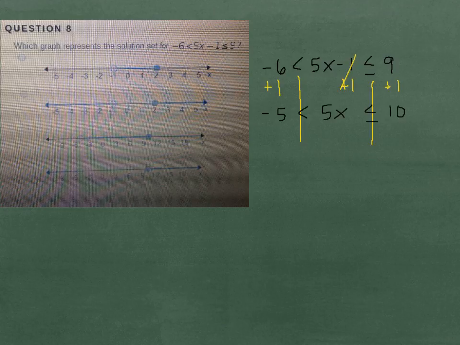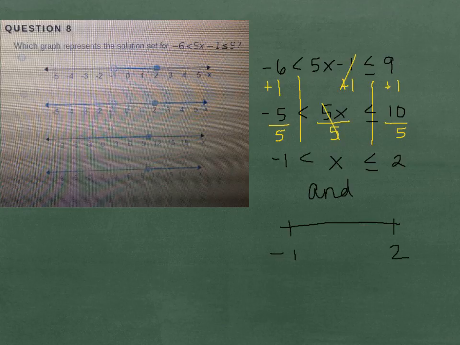Now that 5 is still bothering the x, close together. The way you get rid of it is to divide by 5. Whatever you do to one side, you have to do to all of the sides. X is now alone, and this side equals 2, and the other side equals negative 1. This is an and problem. The way I know is because the word or isn't there. It's all together. Something's happening at the negative 1. Something's happening at the 2. At the 2, I need to bubble it in because of the line underneath. And at the 1,